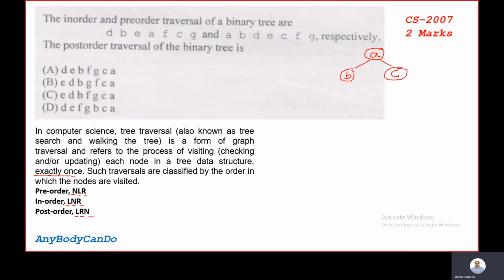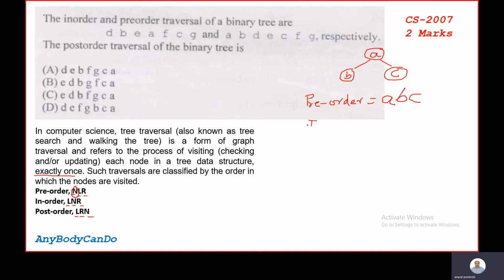So this is the tree I have, which consists of 3 nodes. First I'm going to write down the pre-order. To write down the pre-order of this tree, in pre-order, first we need to visit the root node. In this, A is the root node, so I'm going to write A. Then we need to visit the left node, which is B. Then we will visit the right node, which is C.